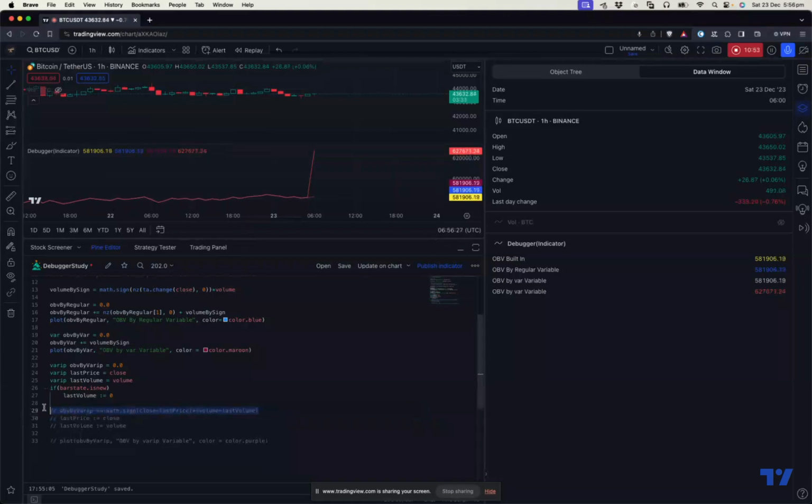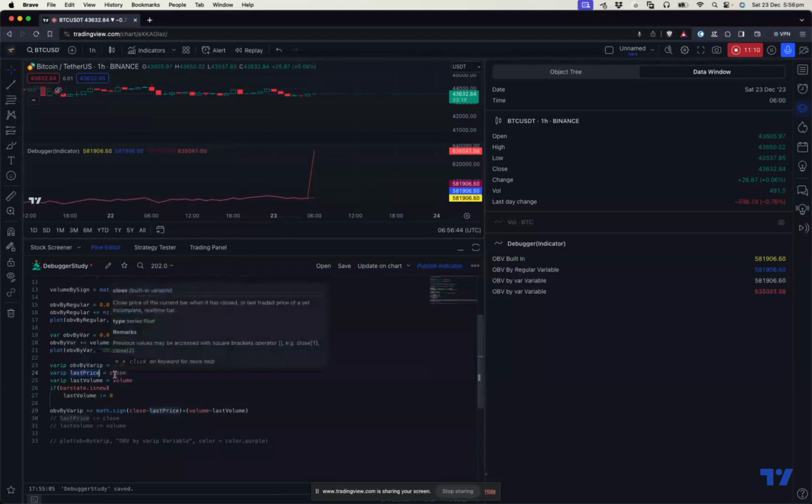So the same logic, I'm going to apply the same logic here, but there's a slight change. Instead of using this volume by sign, I'm trying to calculate on my own. So math.sign of close minus last price. The last price contains the close of the previous tick here. So if you see this, the close of the previous tick, right? And then